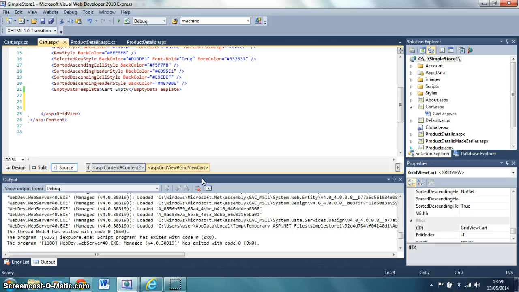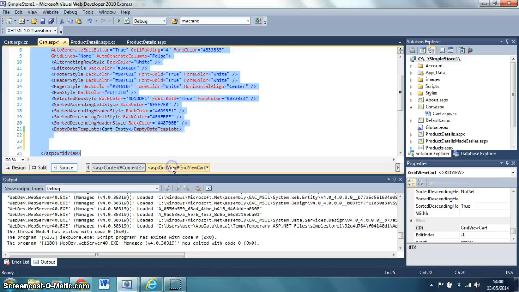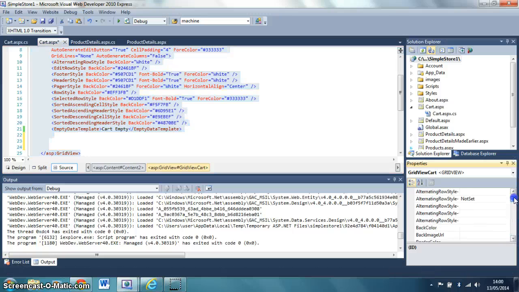Okay, so now we're going to actually build the templates for our grid view, so we can say what fields that we want to show and what fields are going to be editable. We're also going to add the methods here to edit and update from the grid view. But the first thing that we want to do is to select the grid view in the design or the source, and then we're going to select the property that auto generates,